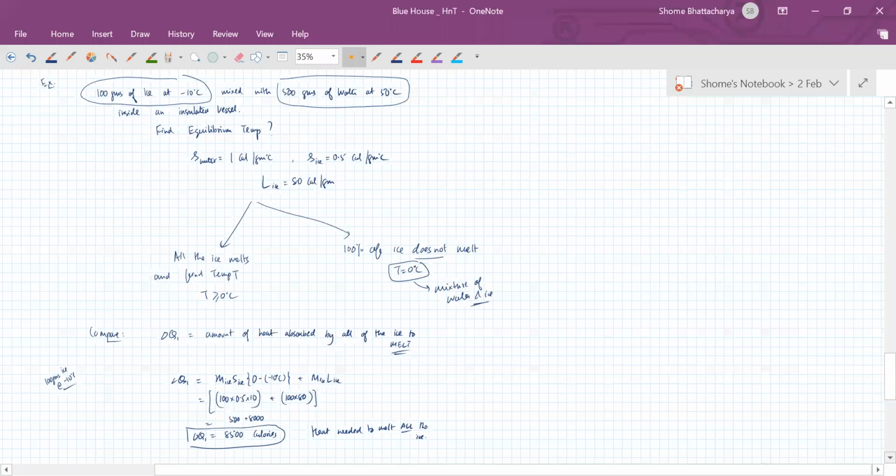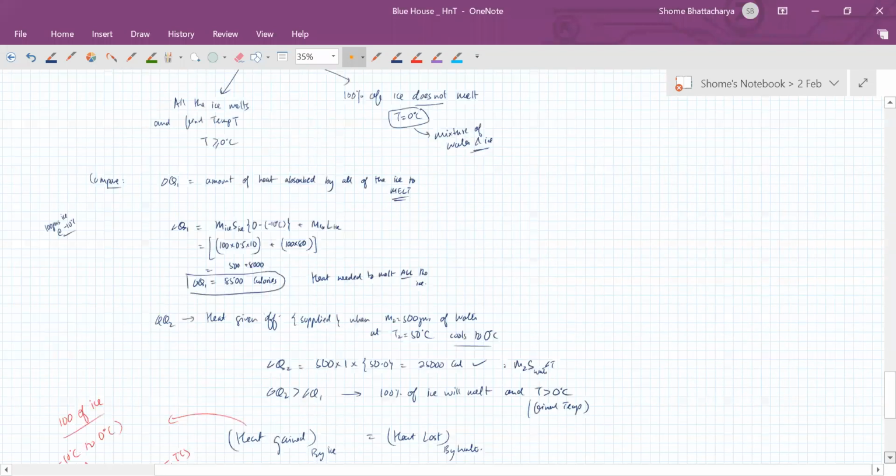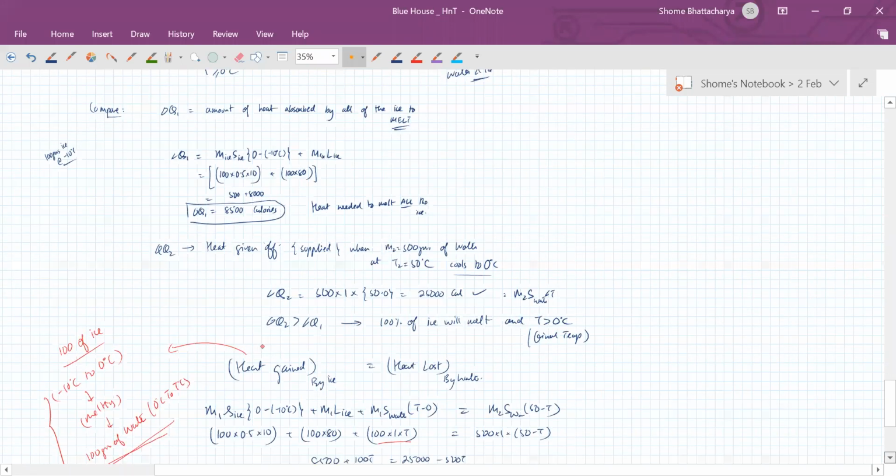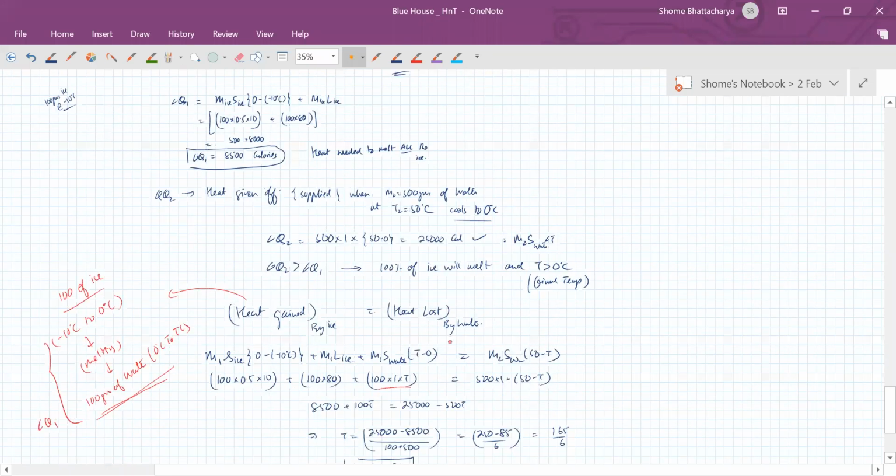Yeah, Prachi, so what is happening here? Finally, we are solving this. Okay, that the heat gained by ice is equal to the heat lost by water. So what is happening? Water